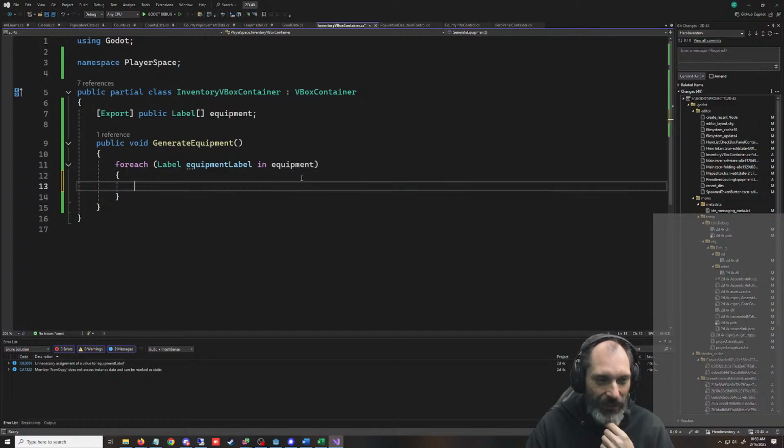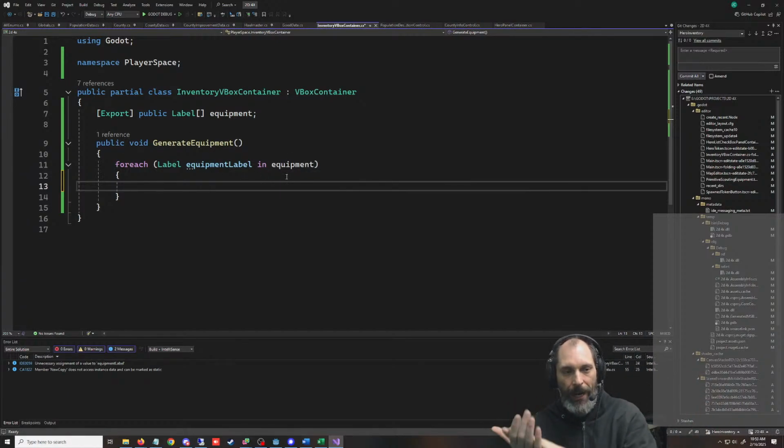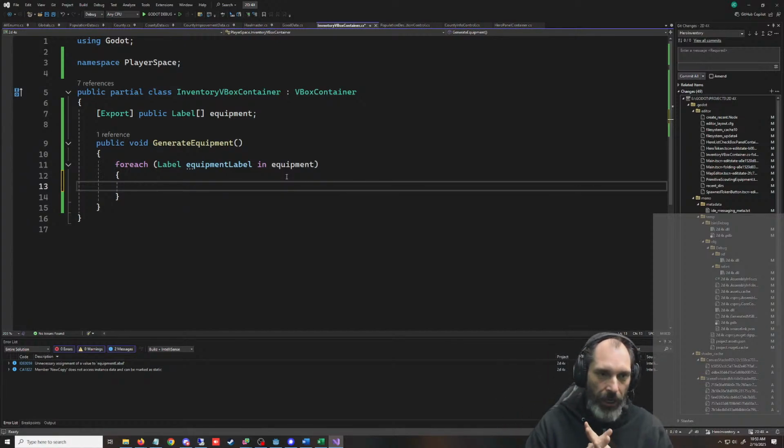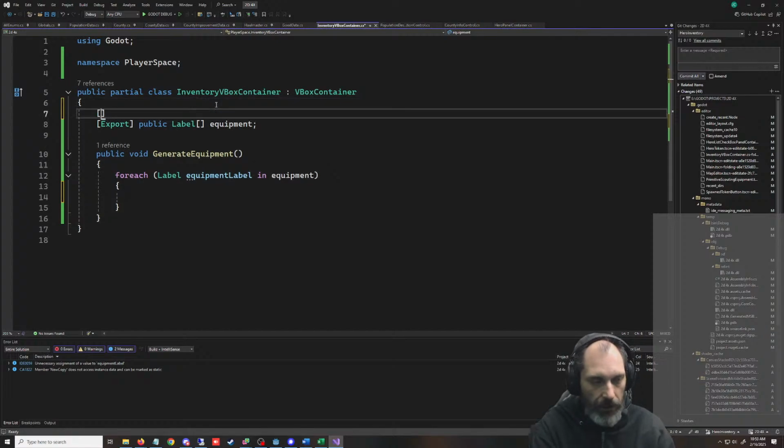All right, so we got to loop through these equipment lists, and we got to check for the best equipment. So how are we going to check for the best equipment? Like, what's the best equipment? So the best equipment, so we're going to need two different for loops. No, we'll just have an if in here. We'll go like if, well, we need that checkbox then. Let's put in that checkbox. Public checkbox. And this checkbox is going to be called newest equipment.